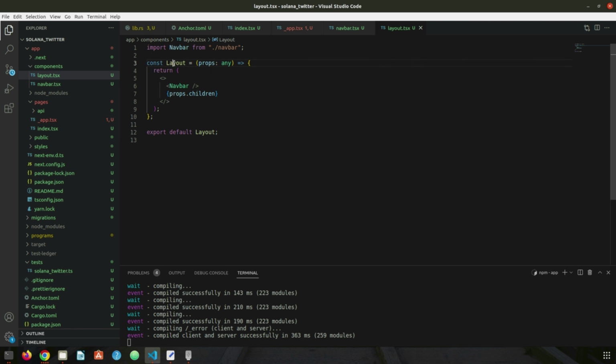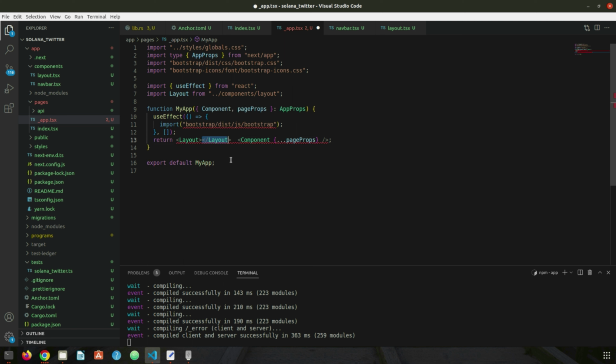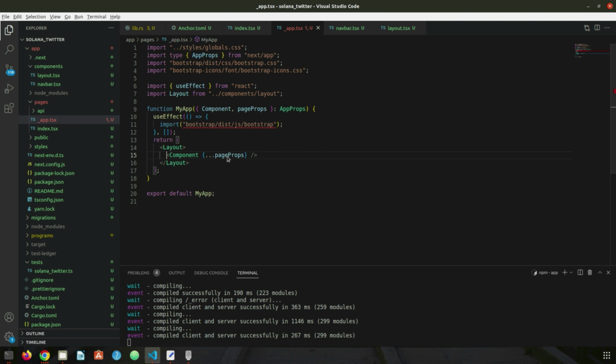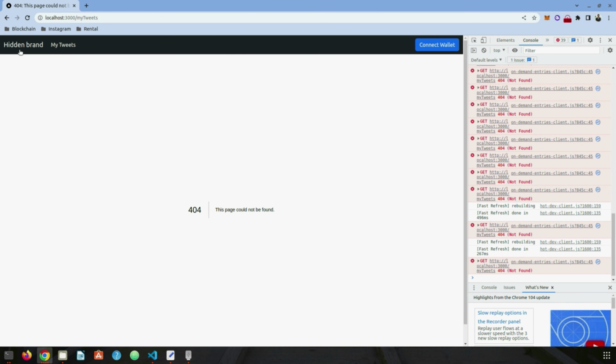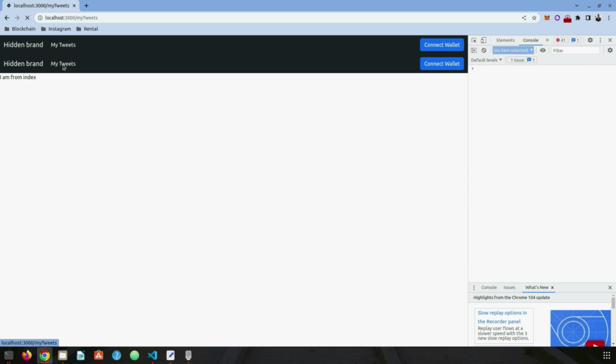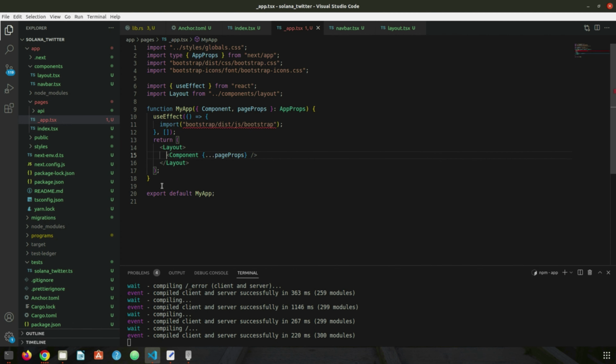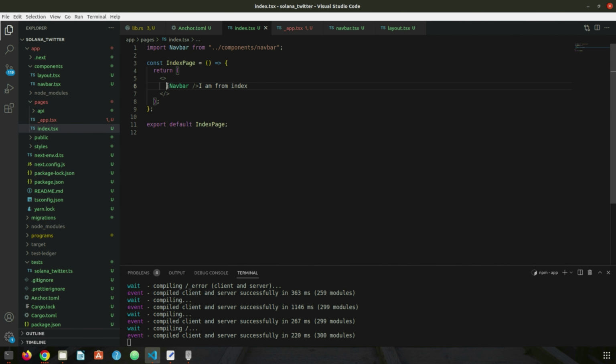default, and we're going to use layout in the app, and we're going to wrap everything with layout. So we're going to say layout like this, and everything should become child of this. So if we go back to our page, now we should have a nav bar for everything, and if we click here on the index page, we got two nav bars, and for my tweet we only have one nav bar. What this means is that on the index page we don't need this anymore,